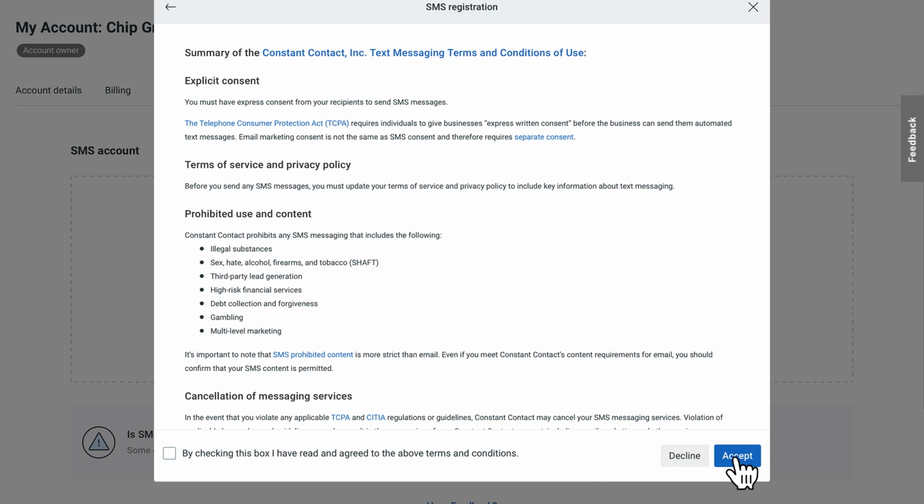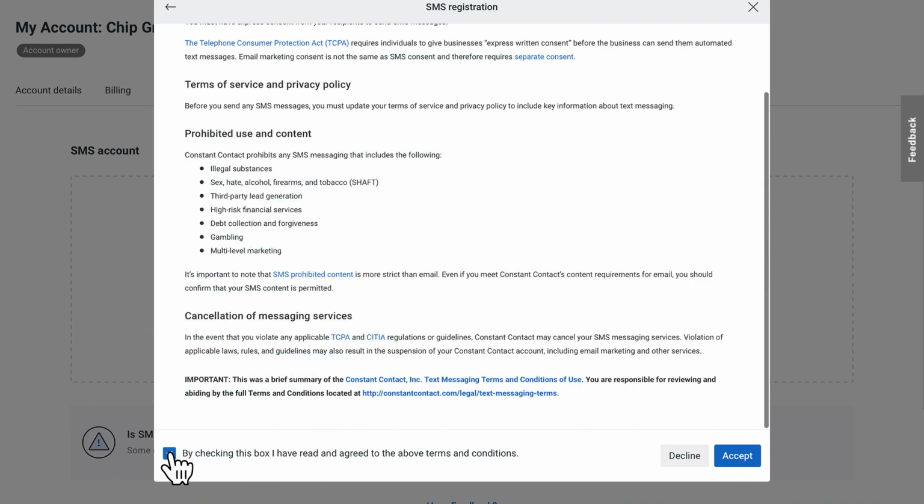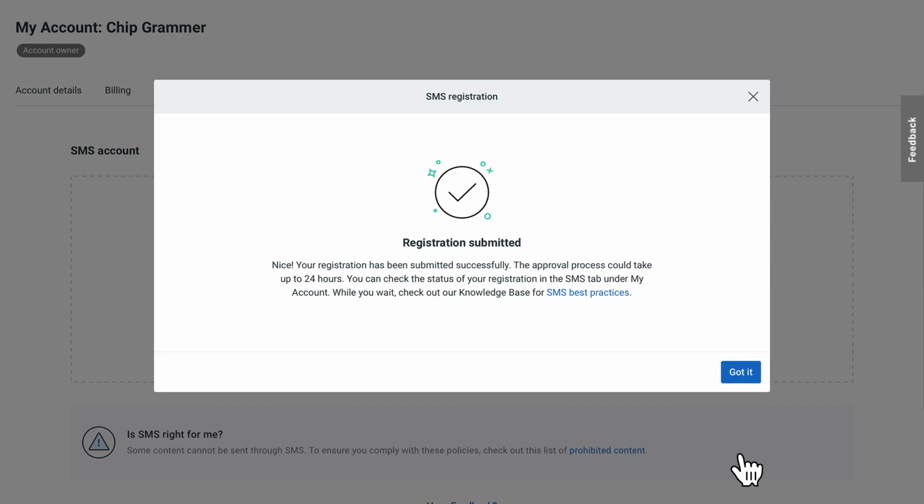Read the summary of our terms and conditions and then click the checkbox here to confirm that you have read and agree to them. Then click Accept. Your registration has now been submitted and can take up to 24 hours to be approved. Once your registration is approved, you can begin creating SMS communications. While you